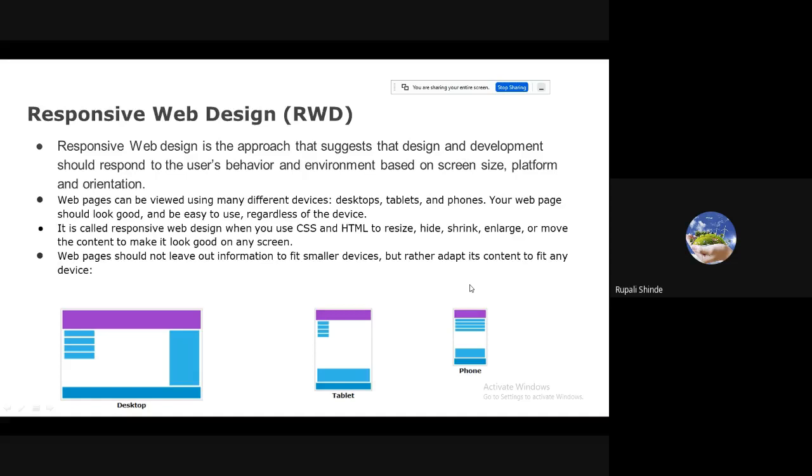Web pages should not leave out information to fit smaller devices, but rather adapt their content to fit any device. Whatever information we have to place within a web page, it should appear on the screen. That screen may be small, large, or medium, no issue. But whatever content we have to specify on the web page, it should appear on the screen.